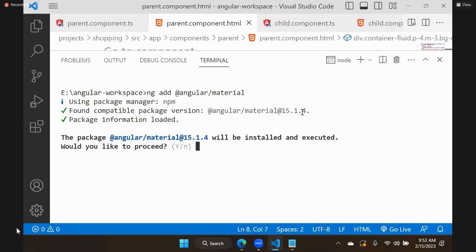Compatibility is okay, no problem. And it will be installed. Angular Material 15 will be installed. So, okay. So we are installing, yes and enter. It is installing that. And after installing, it will give you